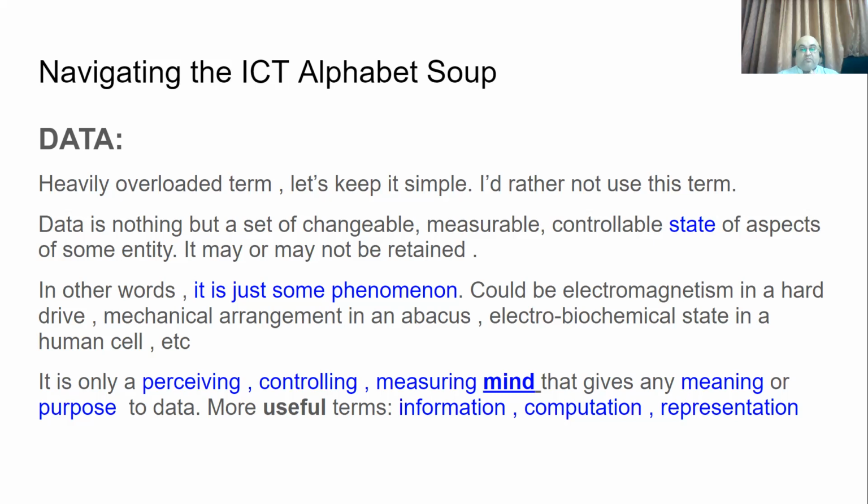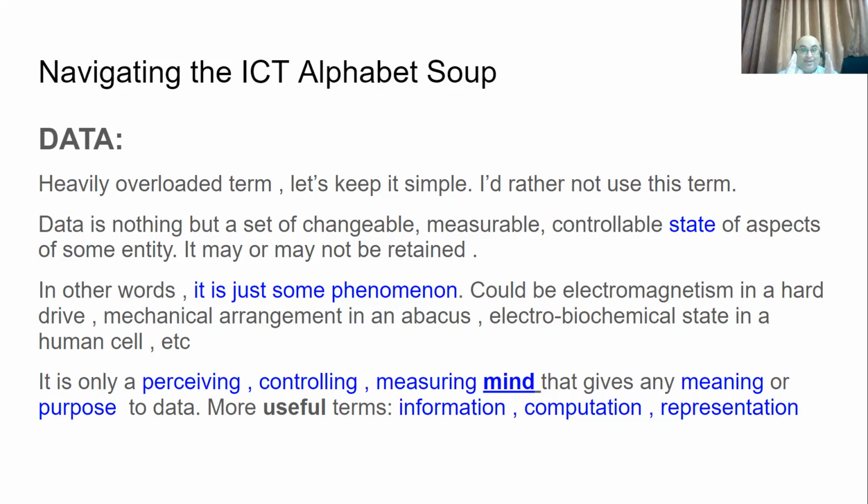And the phenomena could be electromagnetism in a hard drive, let's say electromagnetic basis of encoding information is there. Mechanical arrangement in an abacus. Abacus is a mechanical calculator of sorts that was used in history. Or even if it's an electrobiochemical state in a human cell. We know now that biological signaling is fairly complex. But